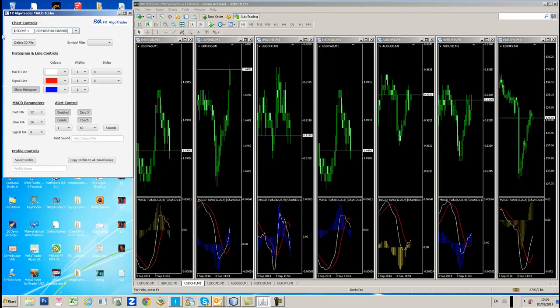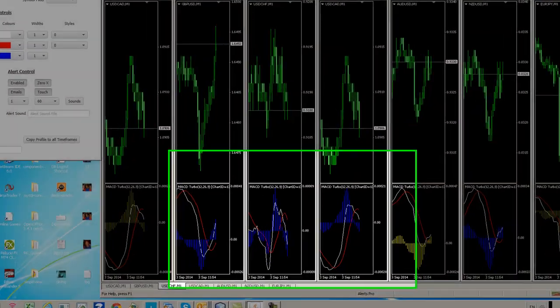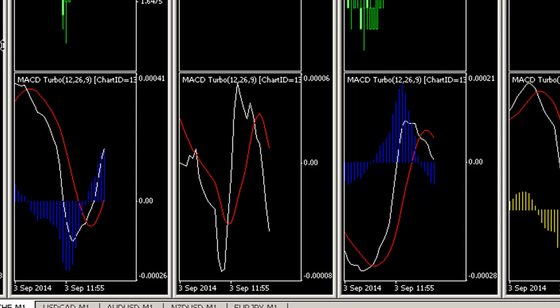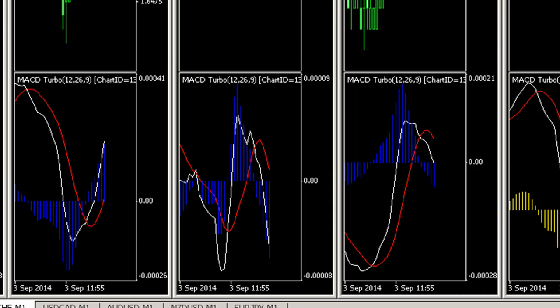If I want to make changes to the configuration on this USD Swiss franc chart, I can. So for example, if I want to remove the histogram, just click the show histogram button and you'll see when a tick comes in, the histogram is gone. So we're looking down here. Click it again, the histogram will return when we get a tick, and so I can change the color of the histogram